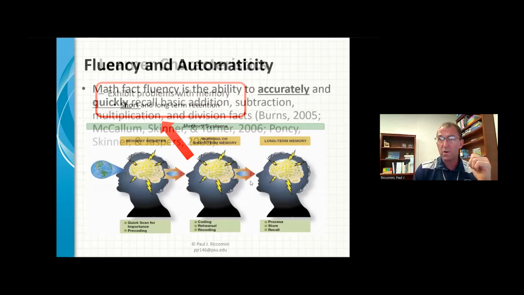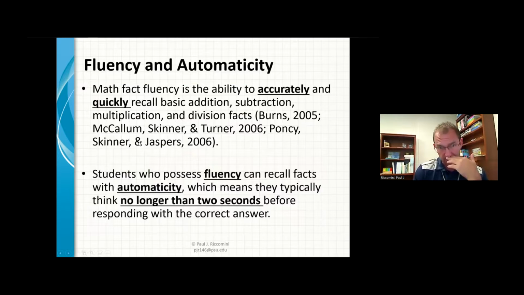All right, next question was fluency and automaticity. So fluency has two parts. You should have had something in your response about fluency being made up of two parts: accuracy and speed. Accuracy must develop first through understanding, relationship, and strategies. We want kids to have flexibility in terms of the strategies that they're using to get the correct answer. And we want them to develop some efficiency with that. That's fluency.